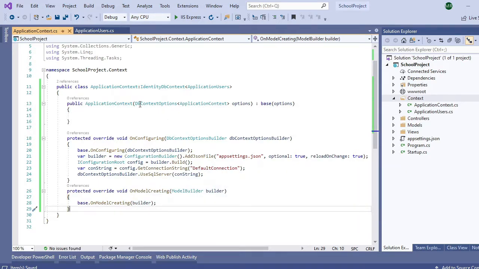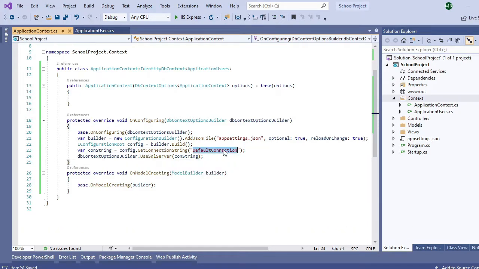So now we configured our database context to use the default connection in order to establish the connection with the SQL Server. Now we have here the default connection, and we need to set up our connection string in the appsettings.json